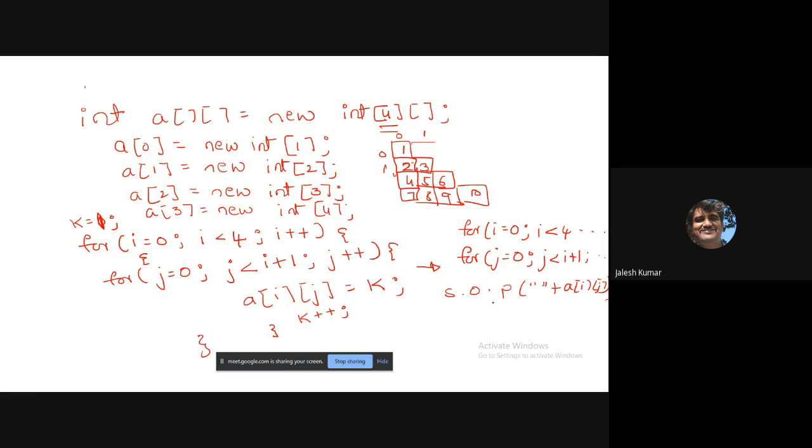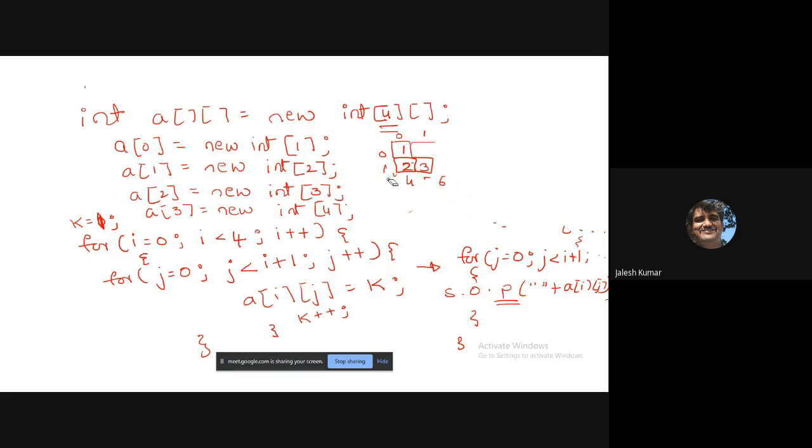Once again system dot out dot print you have to give, and outside the loop you make it println, so that you'll get the output. See, this is how to handle multi-dimensional arrays of different size.